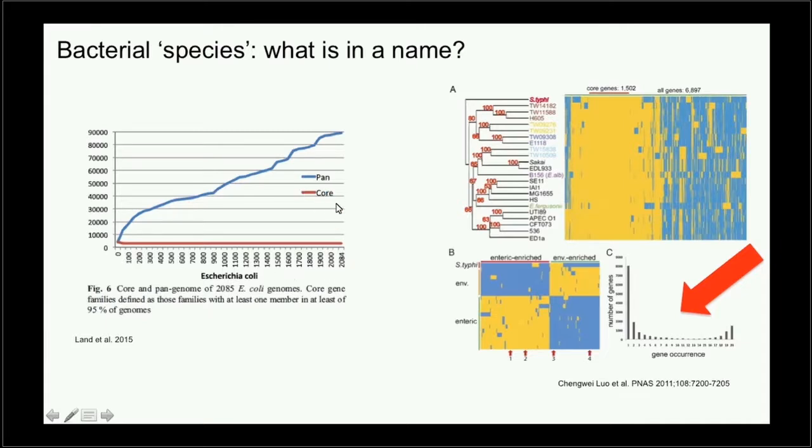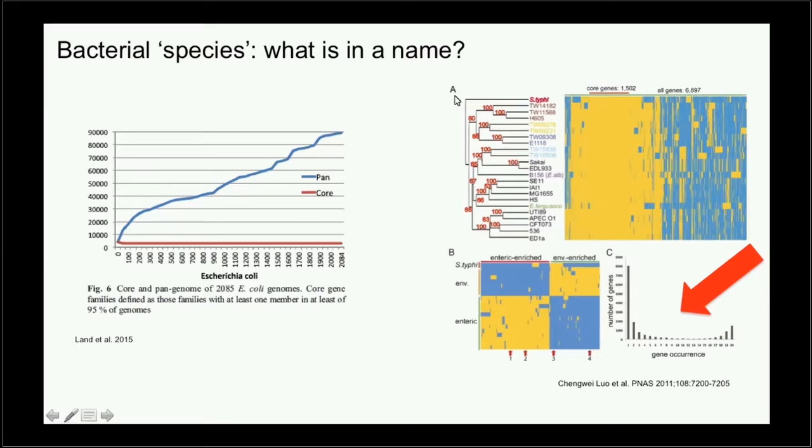And the core genome, the core genes which are shared by all E. coli, are in red. So essentially what you can see is that there is a very small fraction of all the genes you find in E. coli, or all these different bacteria that have been sequenced, 2,000 of them, that we call E. coli. The vast majority of genes here are not core. They're not shared by all E. coli. About 5% or less of the genes are shared.